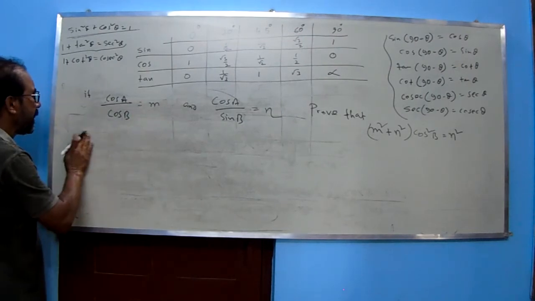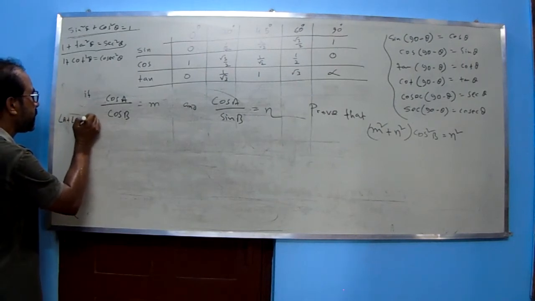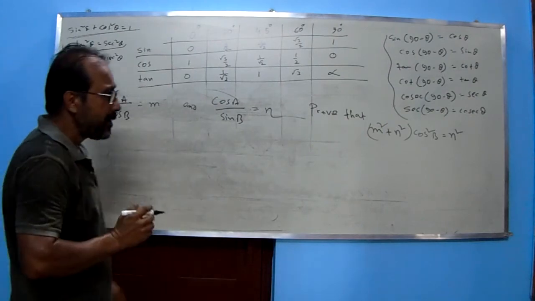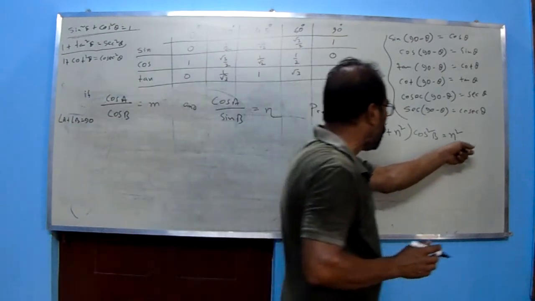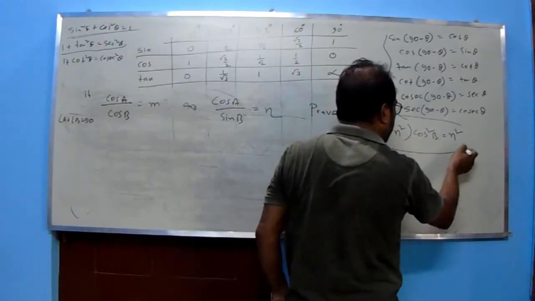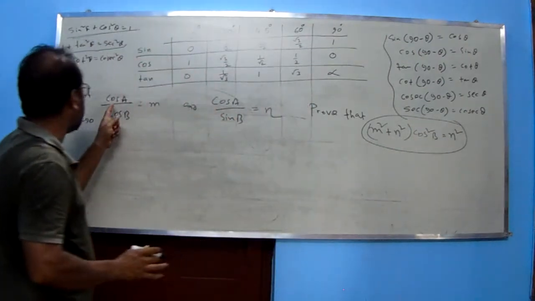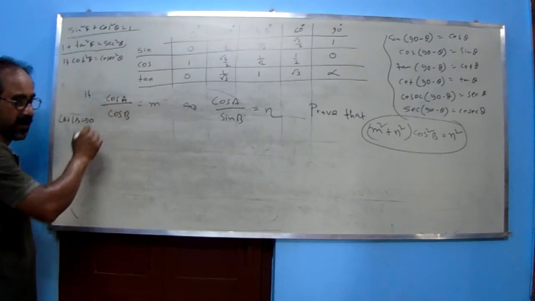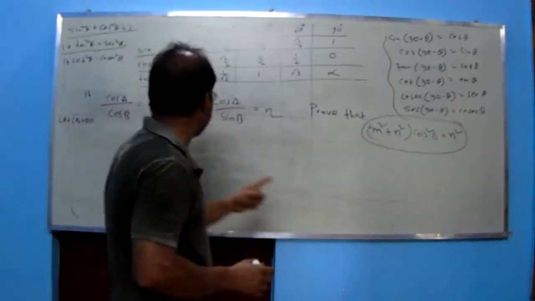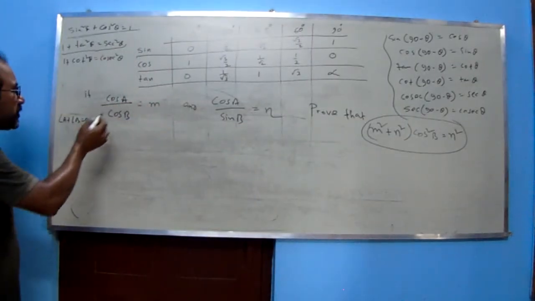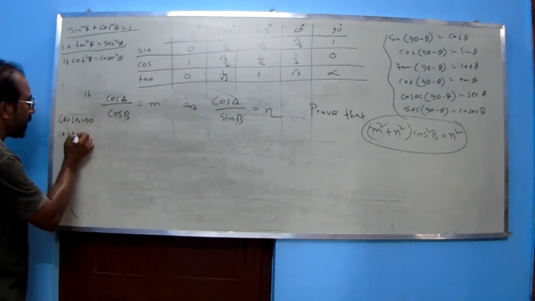Again, I already told you that angle A plus angle B equal to 90. In the proof, it is cos B, so there is no sign of angle A. So I will abolish this angle A first. In proving cos B they have given no sign of A. So angle A equal to what should I write? 90 minus angle B.